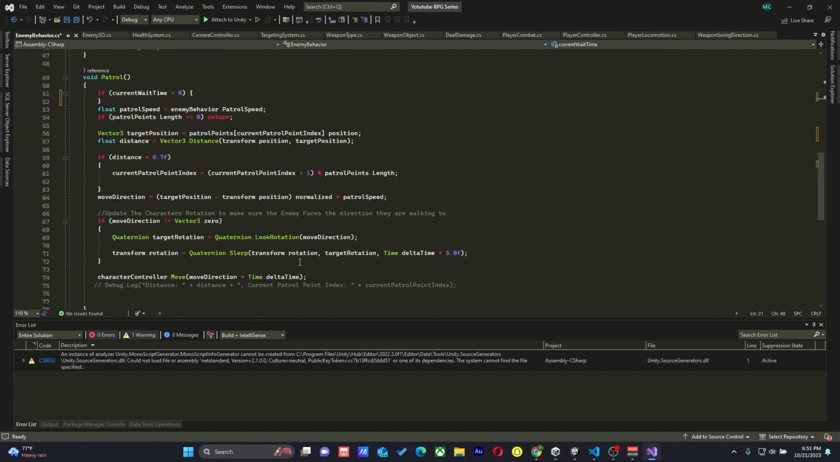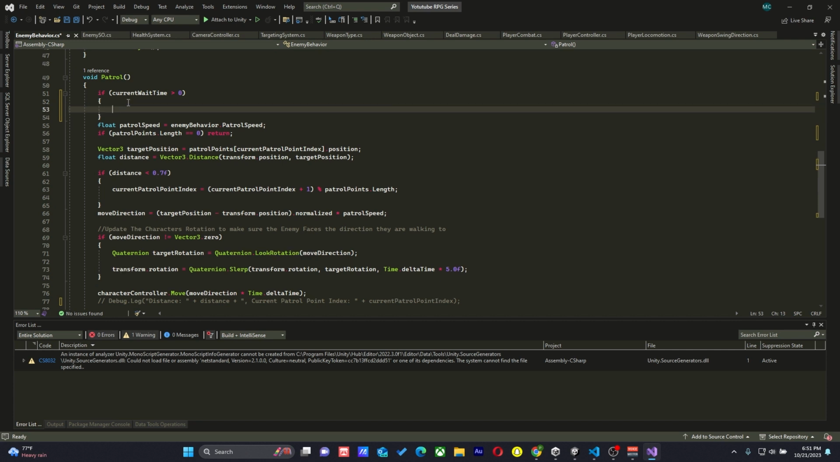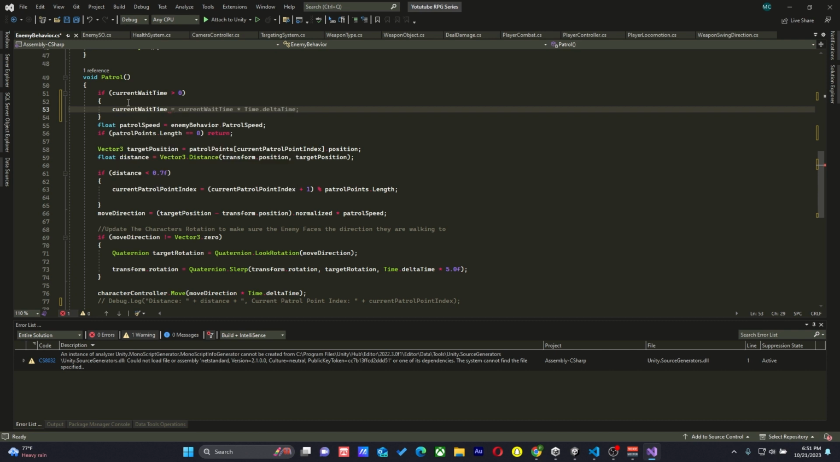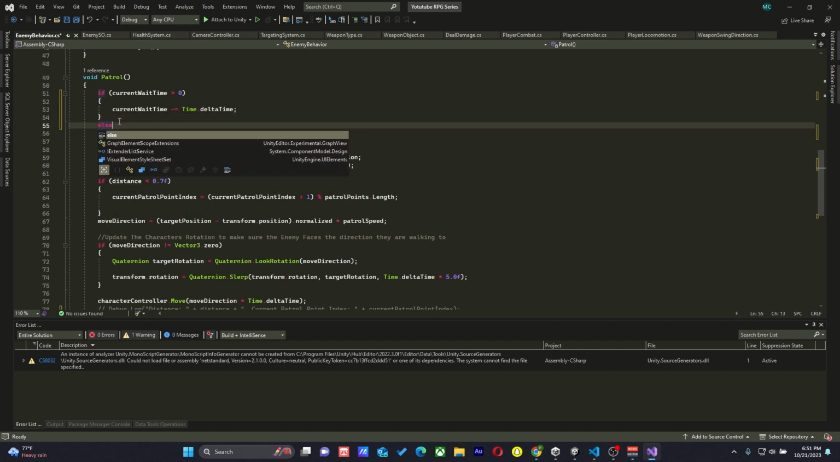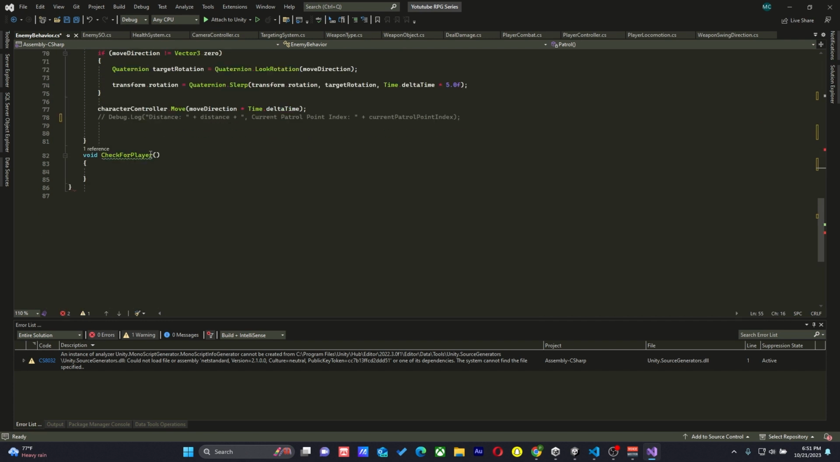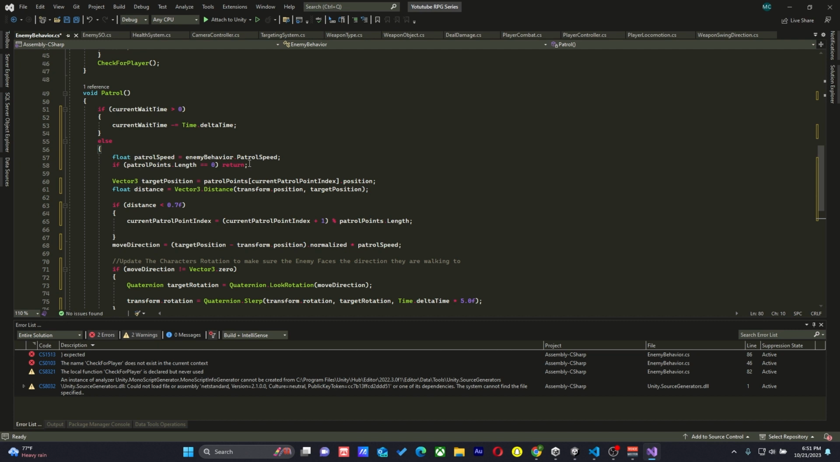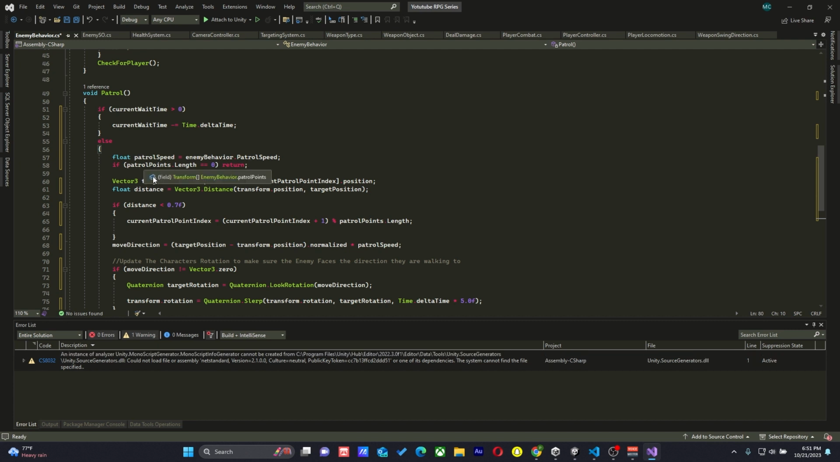So if current wait time is greater than 0, what are we going to do? We're going to say current wait time minus equal time dot delta time. Else we're going to get into our patrol logic here. We've got the vector 3, and the if the distance is less than that,